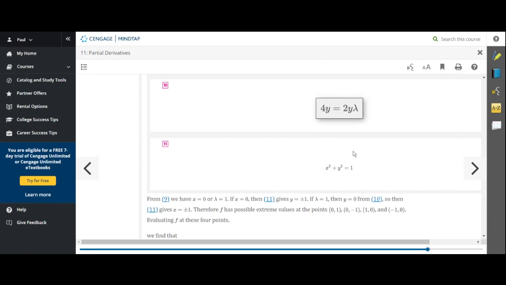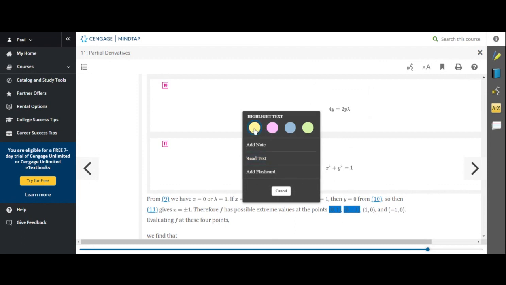So if y equals 0, then you feed it in the constraint equation, you'll get x equals plus or minus 1. And so this gives you four possible extreme values for